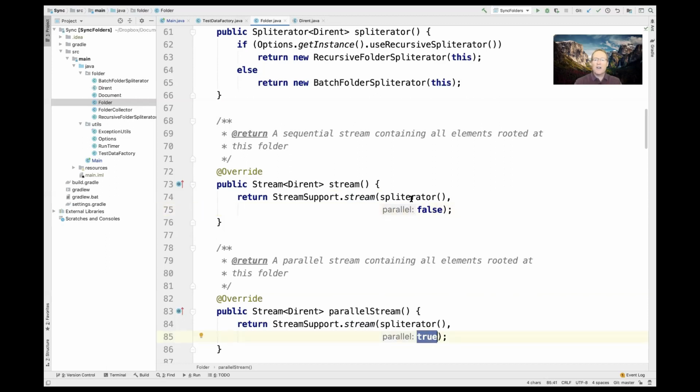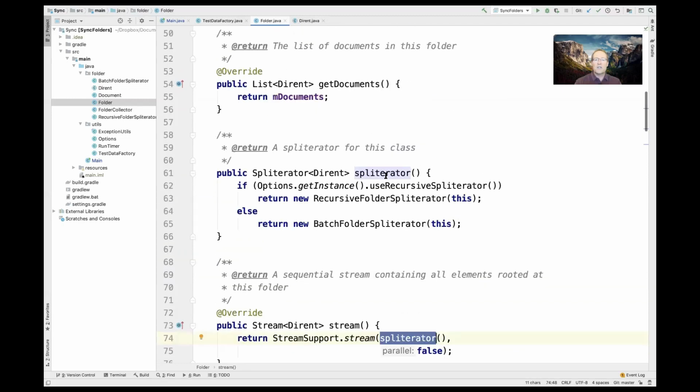And the spliterator, of course, is this spliterator here. This is the spliterator that we use to take the contents of this particular folder, this particular entry, let's say it's the root folder, for example, and then create a stream. It uses the spliterator to split the contents of this folder up into chunks. There are two different spliterators: one is a recursive spliterator, and one is a batch spliterator. We're going to focus on the batch spliterator here, and then we'll come back later if we have time, and we're going to talk about the